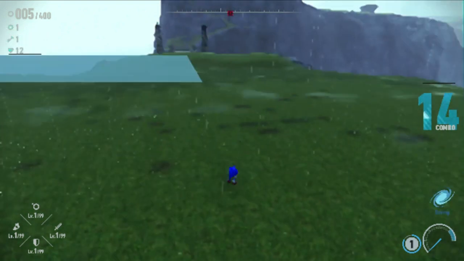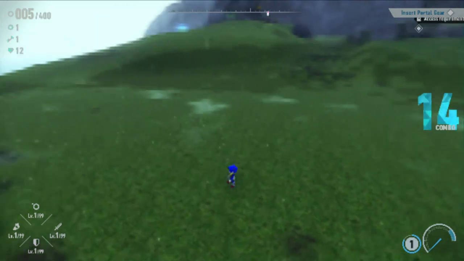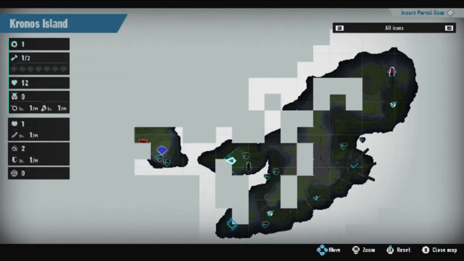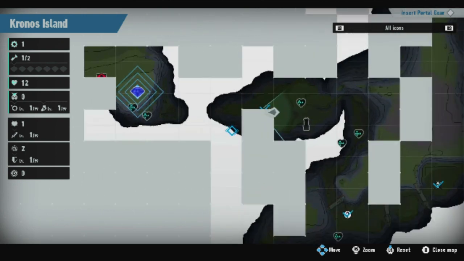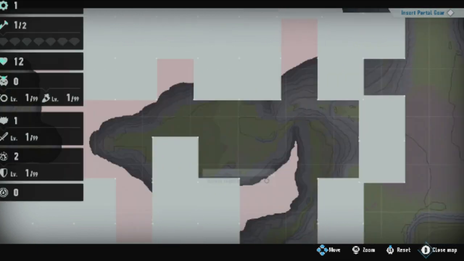And my next mission is to insert it into the thing, and I'm just lost right now, because I've been running around defeating this guy. I'm just trying to figure out where I am in relation to everything else. The map helps with that. So again, okay, I need one more. So I